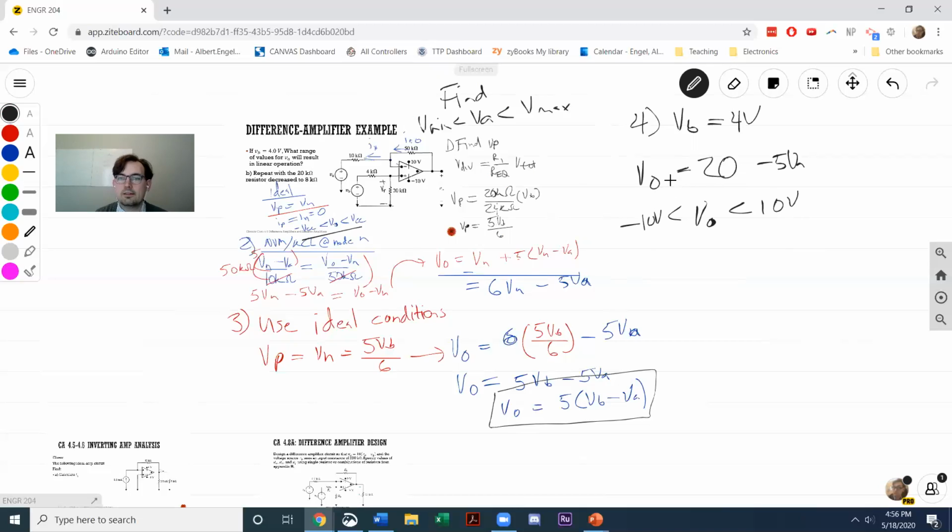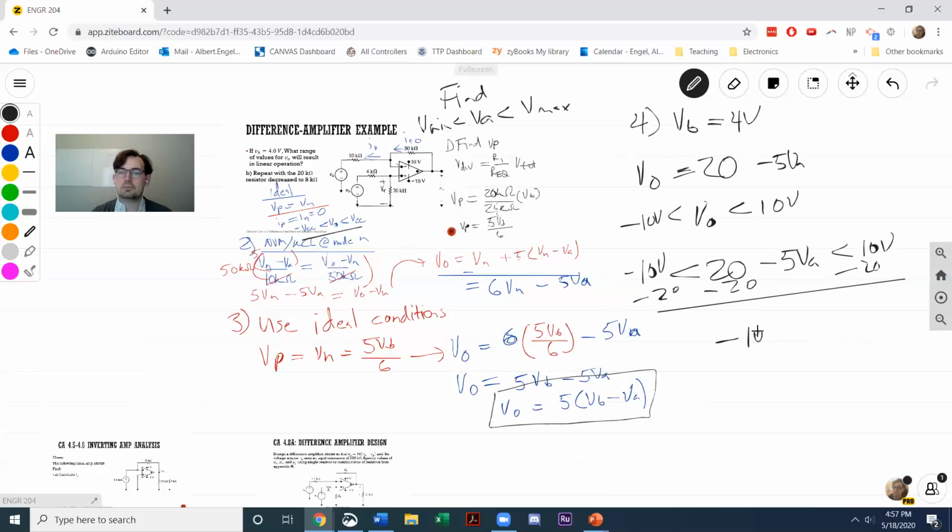So basically this is just a linear equation that we can evaluate. It's basically a linear inequality, sorry. We're going to plug that linear inequality in here. Plugging that in, I'm going to subtract 20 from all of these values. Subtracting 20 gives me negative, excuse me,